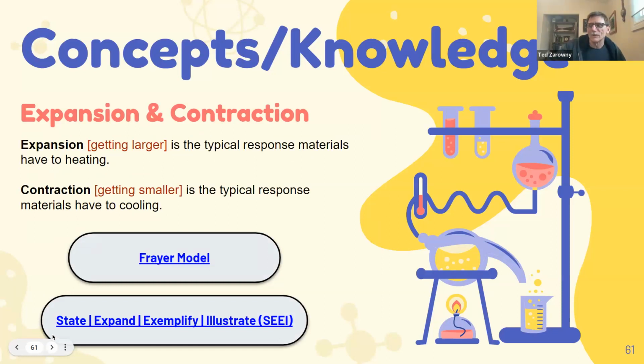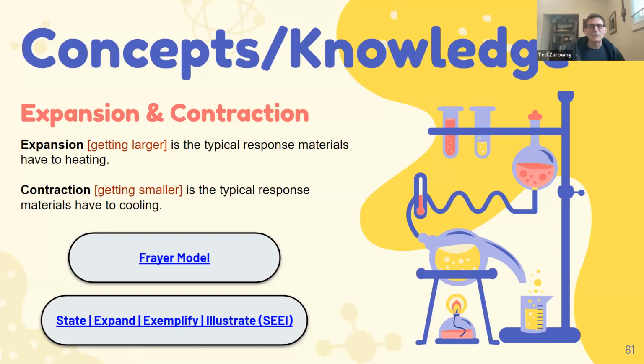Now, Chris, we went through a lot of concepts at the surface level in the first cusp line. Here are two more: expansion and contraction. Notice they really didn't give a definition for it in the cusp line. The getting larger, getting smaller component was kind of missing, so I added it in here. But to help you and your students, maybe more importantly your students, organize all these individual concepts, because there are a lot of them, as you're probably sensing here. Holy cow, how many ideas are there?